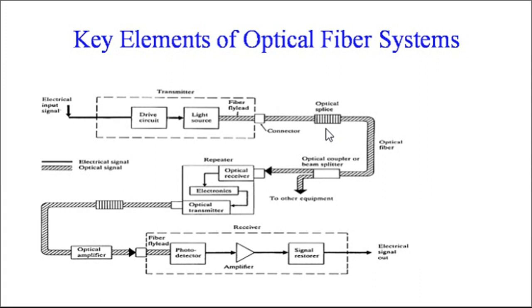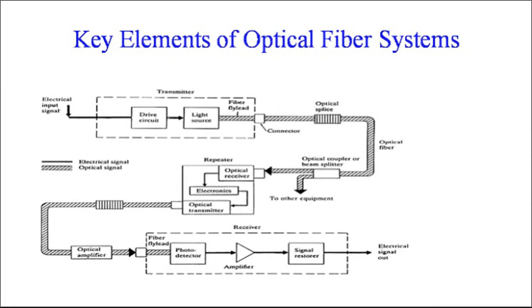Then it will be joined permanently. Through this, the optical signal will pass through the cable, and if required to connect to other equipment, in that case we require splitters. We can call it an optical coupler or beam splitter. The main optical signal received will be divided or split as per your requirements. Then we can connect this to your regenerators.